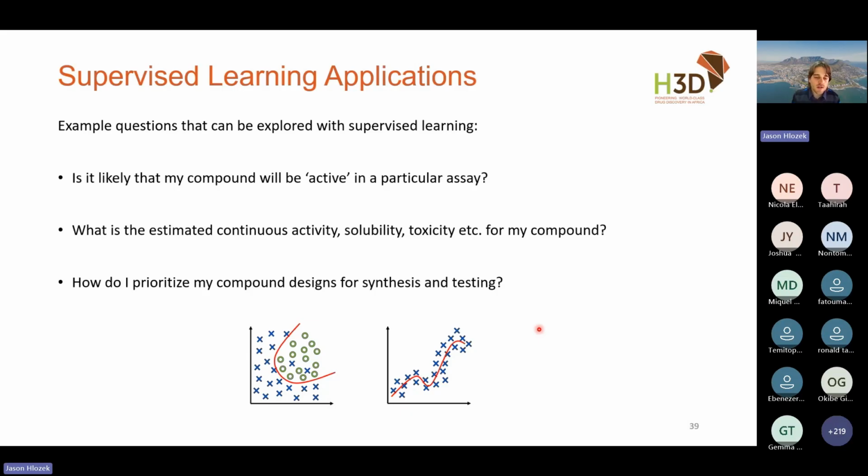If you've got a regression model, then you're actually trying to predict, say, for solubility, is it 50 micromolar solubility or 100 micromolar, 102 micromolar? And ultimately, what these should be guiding you towards is you can throw many ideas at these models and prioritize which compounds you're going to go and work on next in the lab, so that you're getting an enriched set, you're finding more actives more quickly, or if you want non-toxic compounds, you're finding the inactive compounds more quickly.